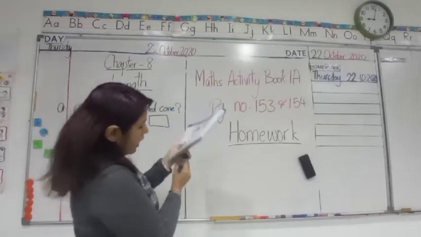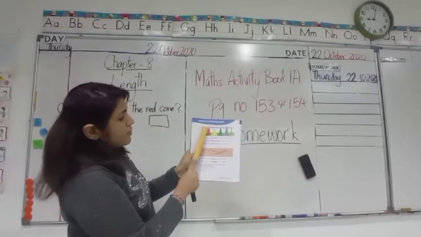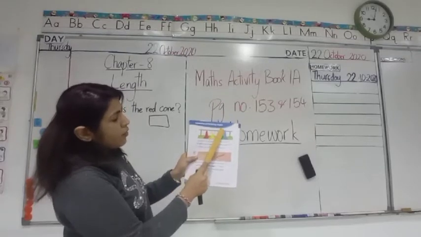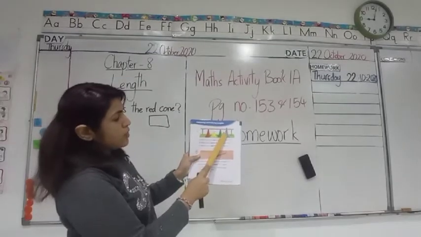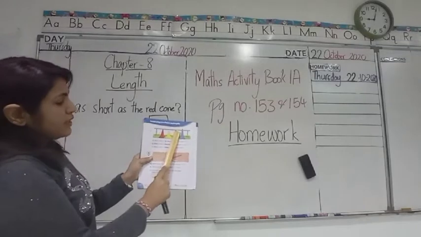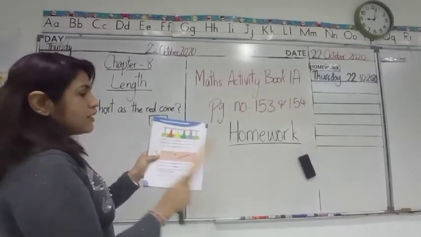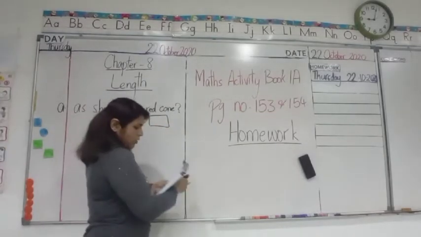How do you know the height? How can you compare? You look at the bar here. The red cone top is touching the bar on the top, and yellow is not touching. Blue is way ahead. Yeah, but the green is at the same height as the red. Okay, so write green here in the box.